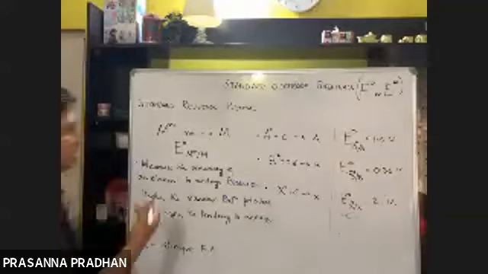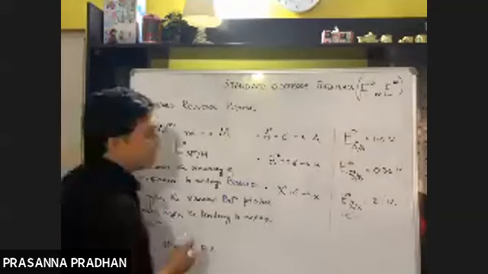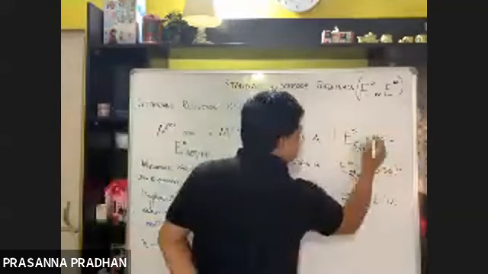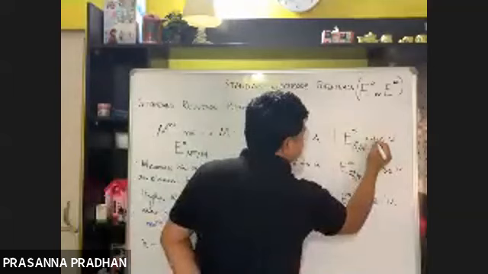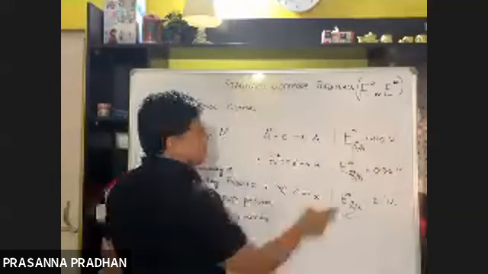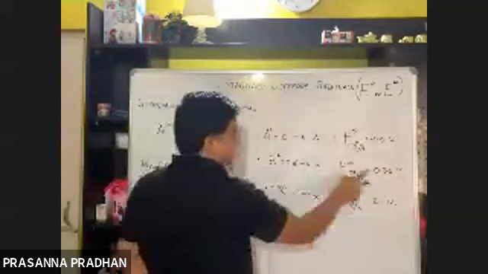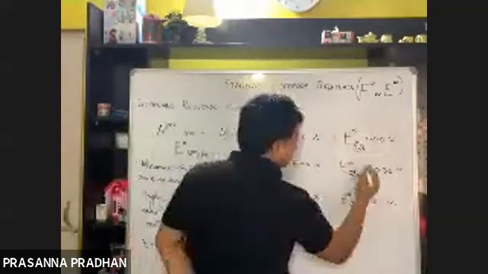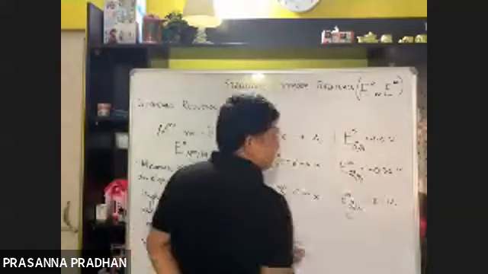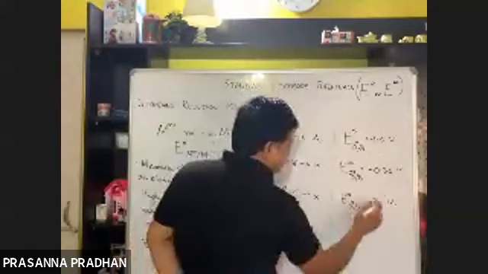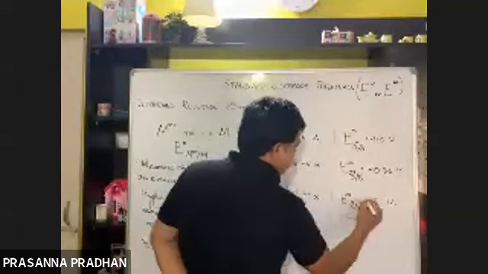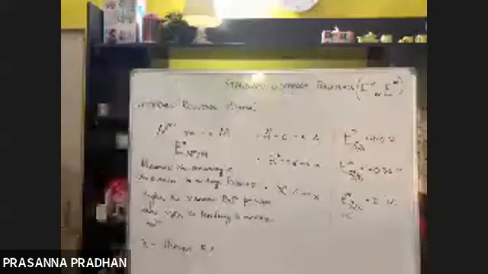It's just the opposite of oxidation potential. If someone tells me, what will be the value? The value will remain the same, just the sign will change. It will be minus 1.0. The oxidation potential was 1, so the reduction potential will be minus 1. The oxidation potential was 0.36, the reduction potential will be minus 0.36. The oxidation potential was 2.1, the reduction potential will be minus 2.1. Fine, so the values will remain the same, just the sign will change because oxidation and reduction are just